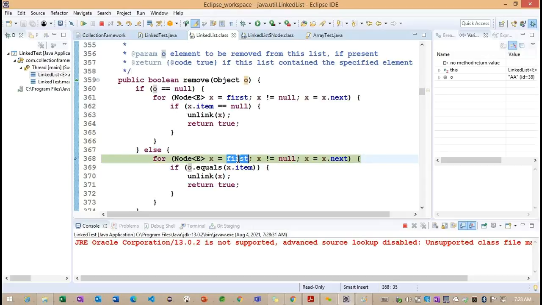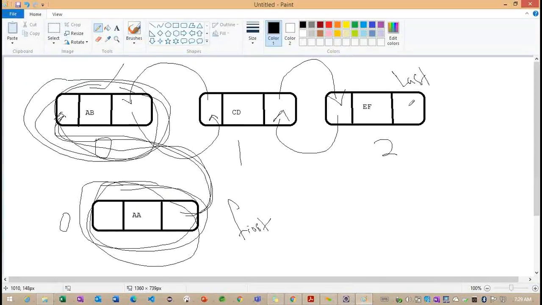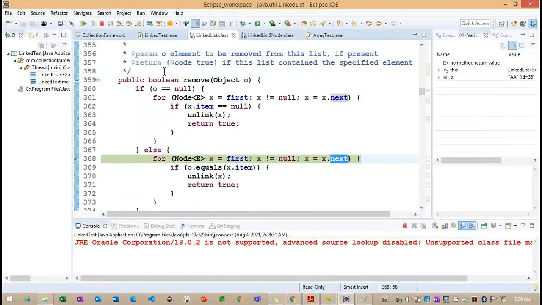So observe. We are trying to find out the loop with the help of these nodes here. So first node we are loading. The first node we are making into x, and x not equals to null, and x is equals to x dot next. So the first node can contain the next reference. Getting the point. Up to how many times is this loop going to repeat? So x not equals to null. X not equals to null is nothing but the last node cannot have a next reference here. The last node can contain null here. Right. So up to this particular null, this loop is going to repeat.